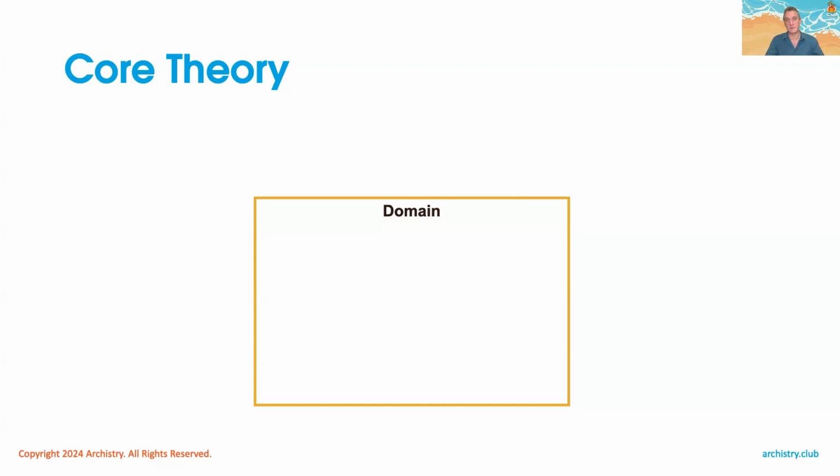But in fact, you can generalize it even more, which I've done as part of the work that I've done since I encountered SABSA back in 2005. And a domain is really any collection of elements that we want to treat for a common purpose that we can identify as having a shared set of characteristics. So this is not incompatible with the standard SABSA definition, because the standard definition says it's a set of elements subject to a common security policy. But if you ask the question why, then you've got to understand that they're subject to a common security policy because they're subject to a common set of risks.